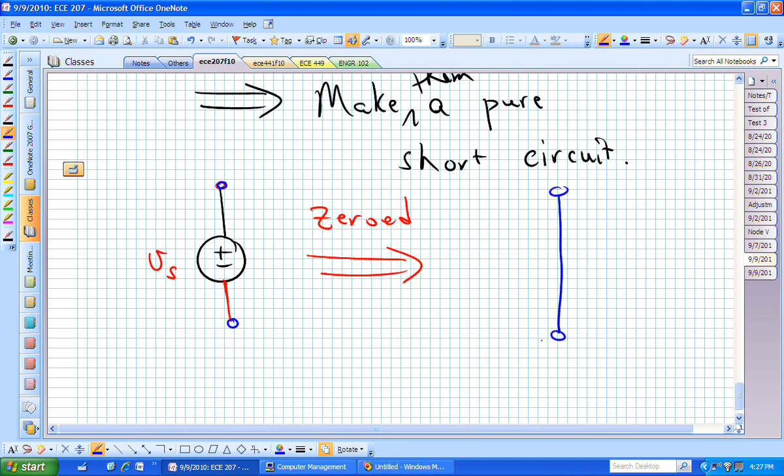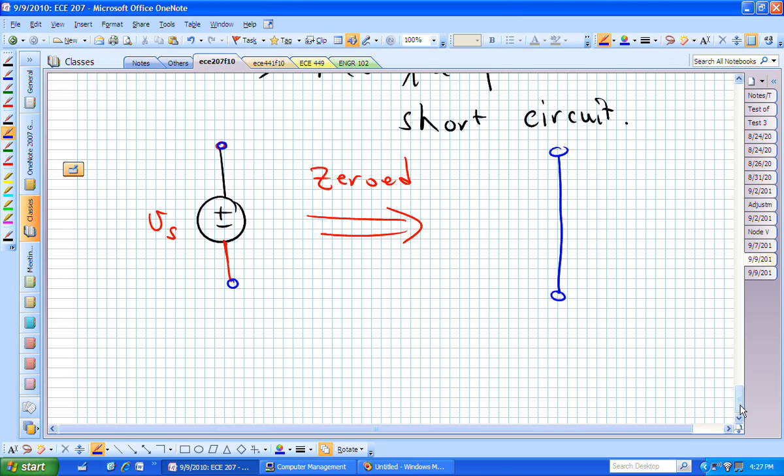That's a zeroed voltage source. Again, that's an independent source. It's not a diamond, it's a circle. If we are working with an independent current source,